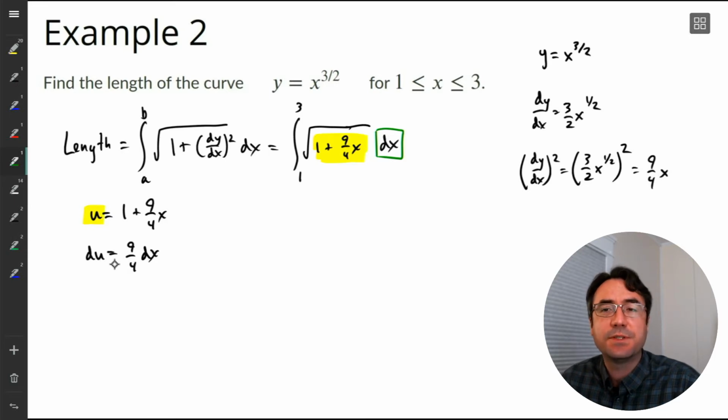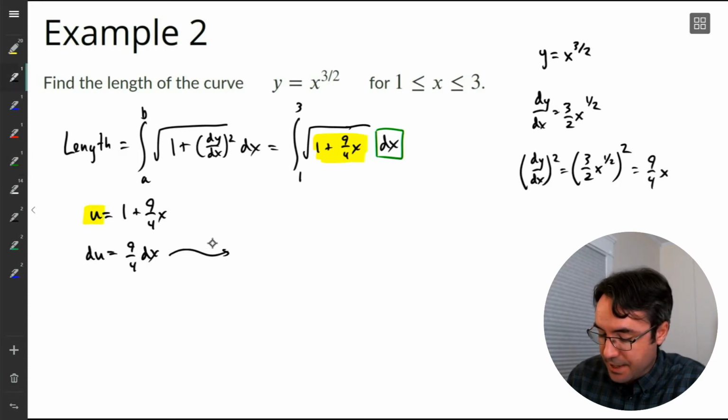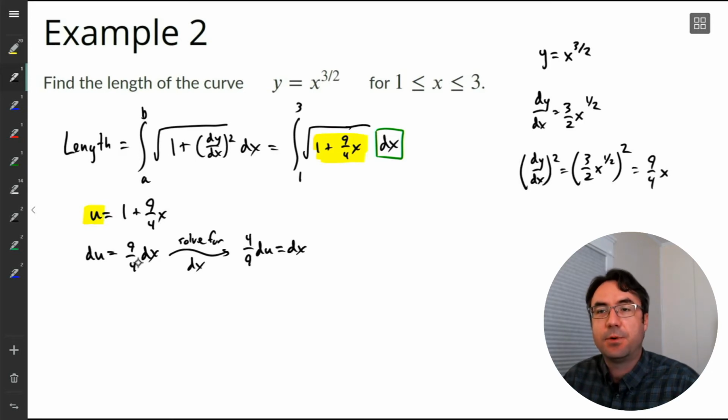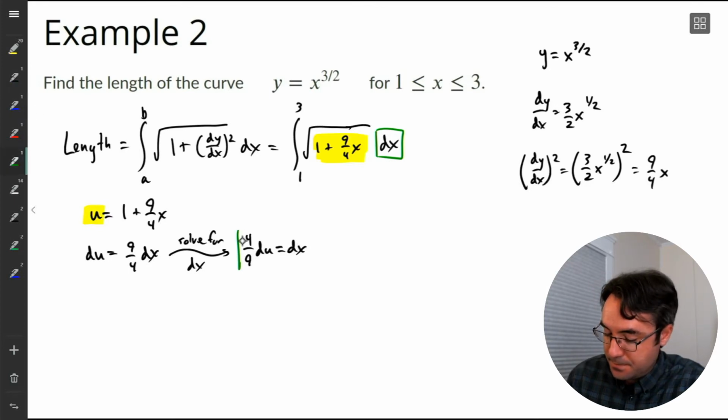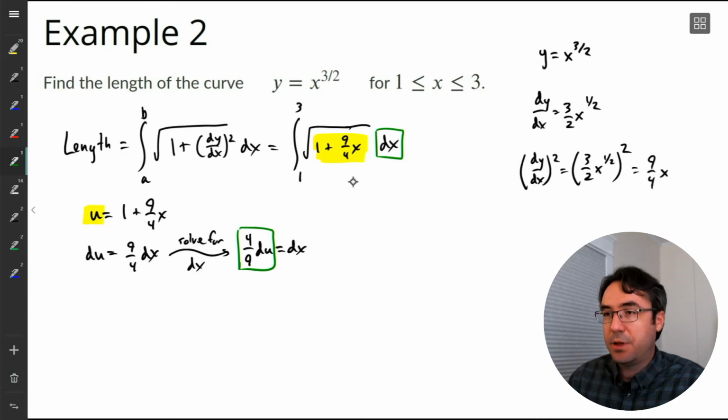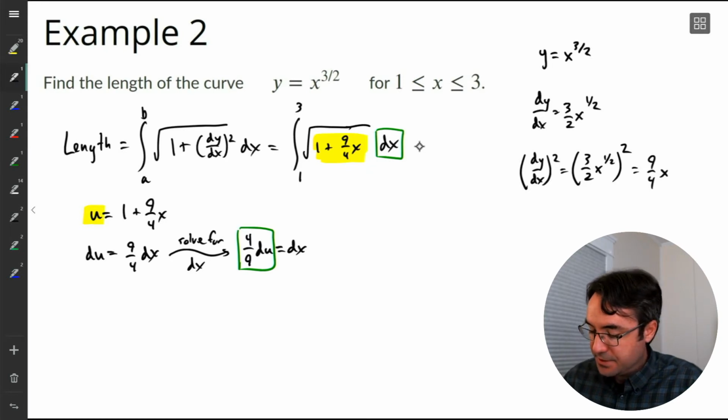So we're going to multiply both sides of this equation by the reciprocal of 9 over 4. So we're going to solve this for dx. We're going to get 4 over 9 on the left times du is equal to dx. So we just multiplied both sides of this equation by the reciprocal. All right, so now we know what dx is going to be. It's going to be 4 over 9 du. So essentially, we're just going to plug in all the pieces here. And when we do this,